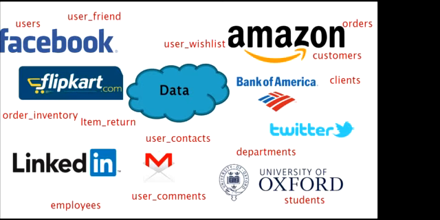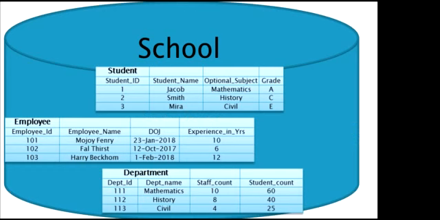Now we'll see what exactly a table looks like. Suppose, for example, we have a schema named school, and I've displayed some sample tables here: student, employee, department. The student table will have the data of each and every student admitted in that school. Employee signifies that this table has information of all the employees working there, maybe teachers, maybe librarians, maybe housekeeping,